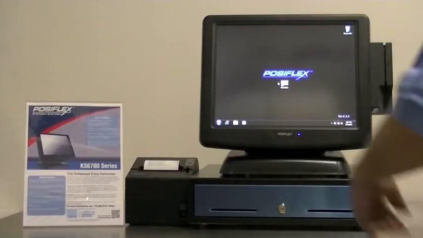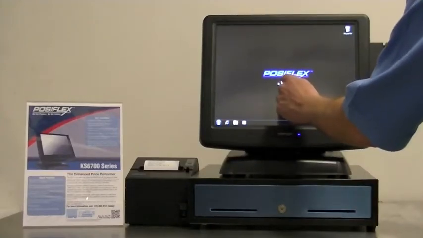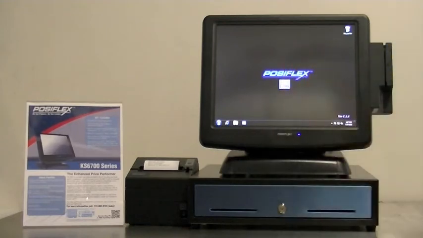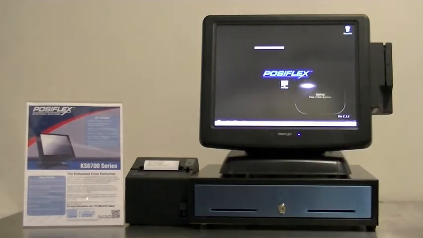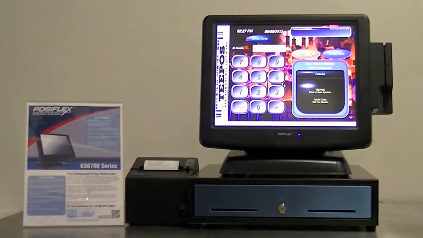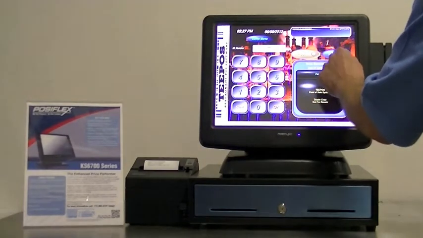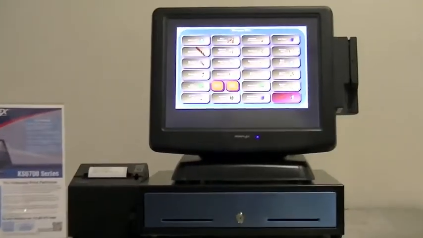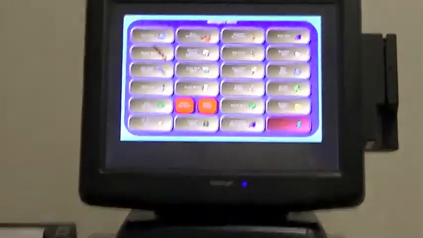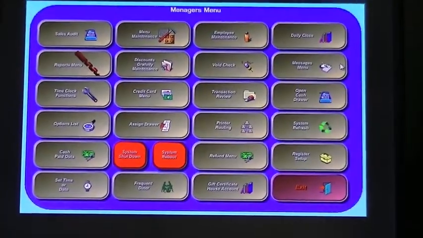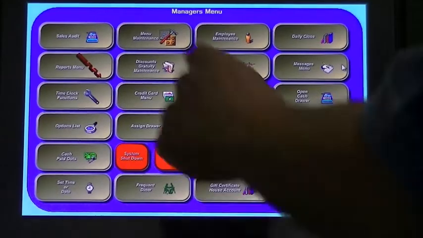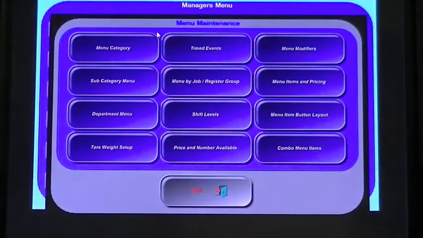Hello, this is an introduction to Microsale, and we are using a PosiFlex 6715 all-in-one touchscreen terminal. To get to the manager's menu, you enter your manager's number, hit manager menu. We are going to concentrate on major parts of Microsale, including menu maintenance, where you would add